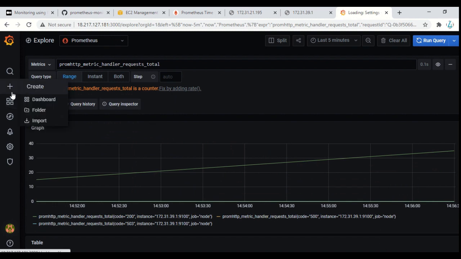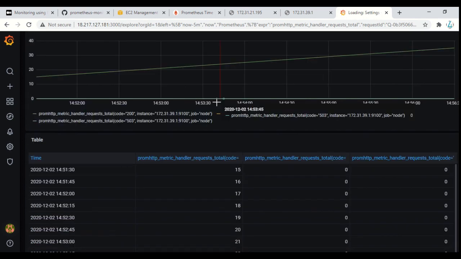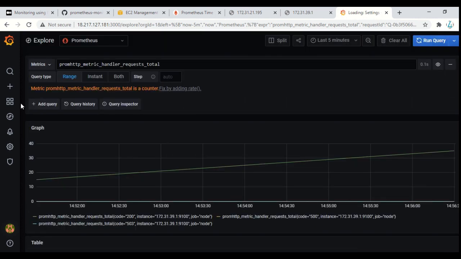Now we'll see how we can create the dashboards. This is how we just tested that our configuration is working fine, the data source is configured properly, and we can connect to our node. You can see our node details also here, right? Right now we have only one. So now we'll create one dashboard.